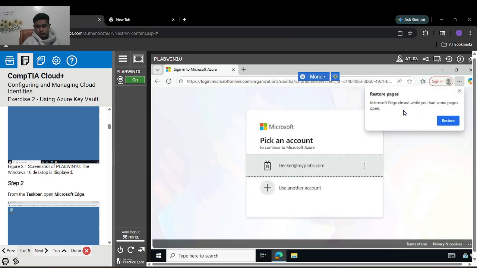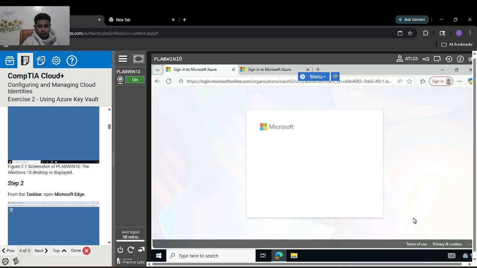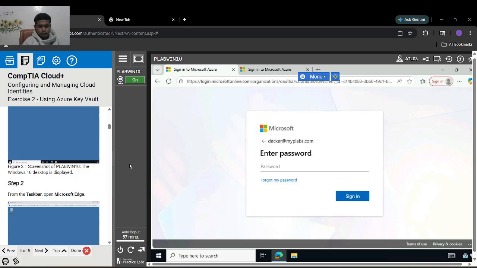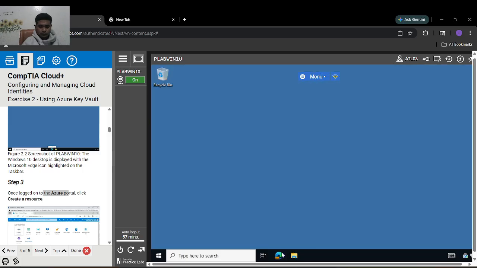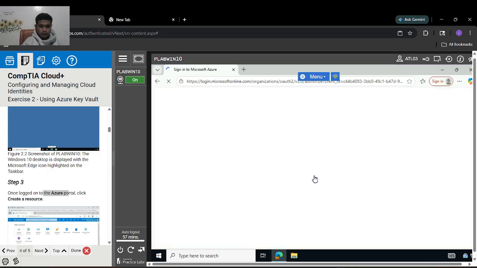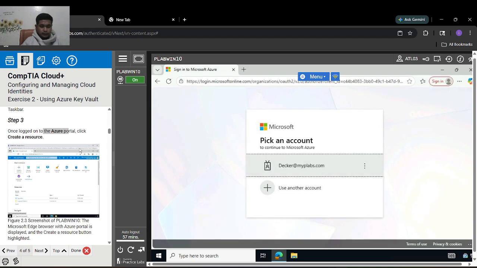I do not know the password for this, so I will explain this instruction with a picture.